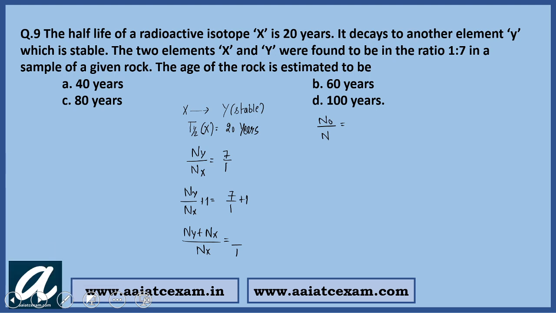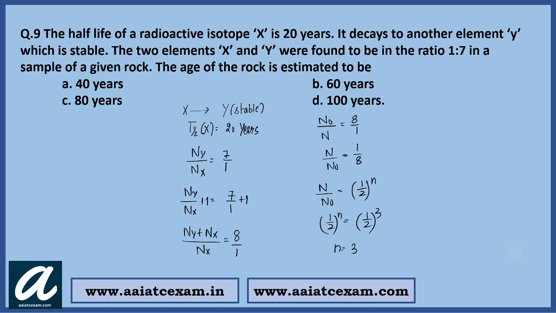So students, can I say this will be equal to 8 by 1, and from here you can say that n by n naught is equal to 1 by 8. Also you know that n by n naught is always equal to 1 upon 2 raised to the power n. So 1 upon 2 whole raised to the power n should be equal to 1 upon 2 raised to the power 3, since 8 can be written as 2 cubed. Comparing both sides, I'll get n equal to 3.